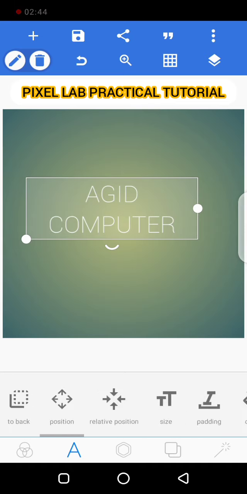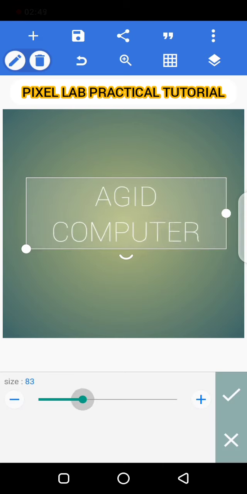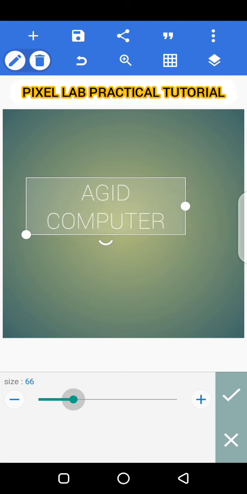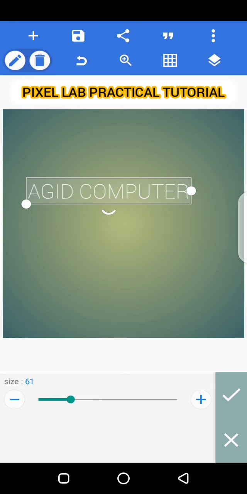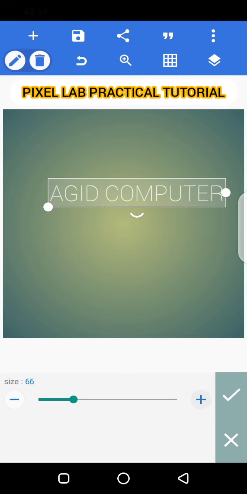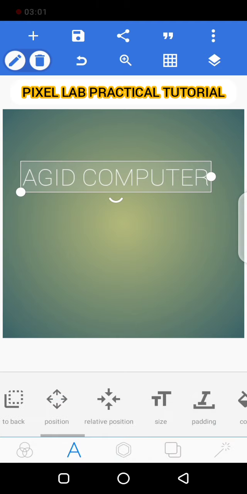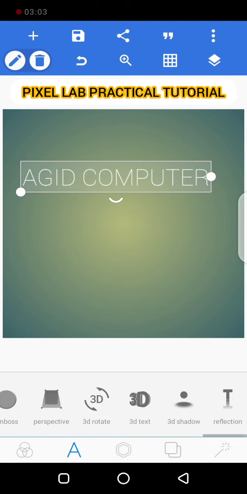So from here, I will just need to change the text. I change the text size, you could see. So I want it to be on a straight line like this. So let me see. This is it. So I need to mark it. Then we move to our